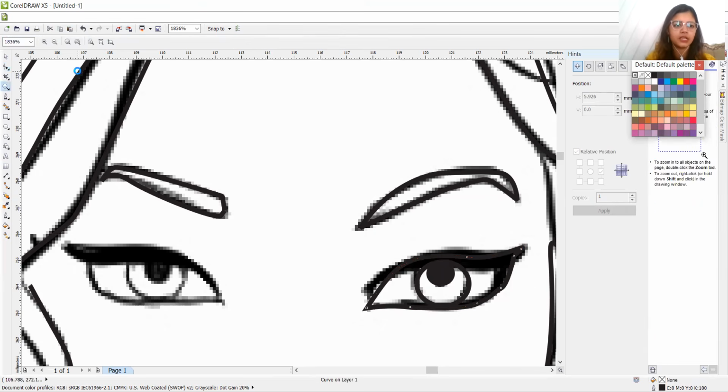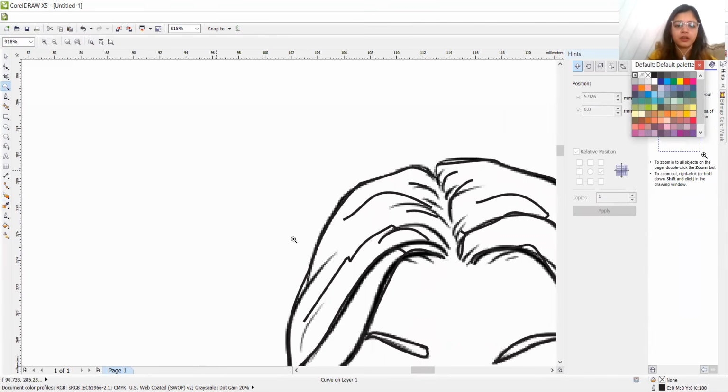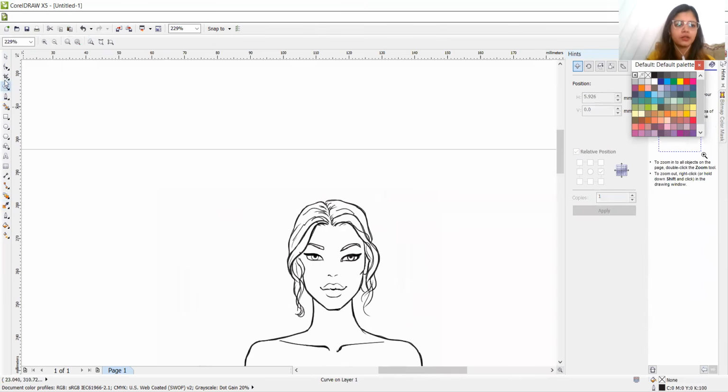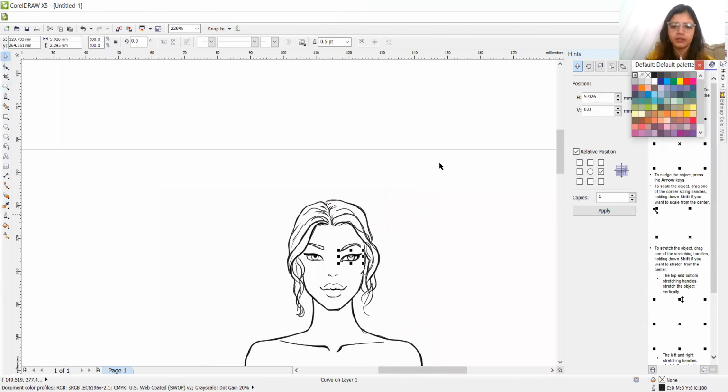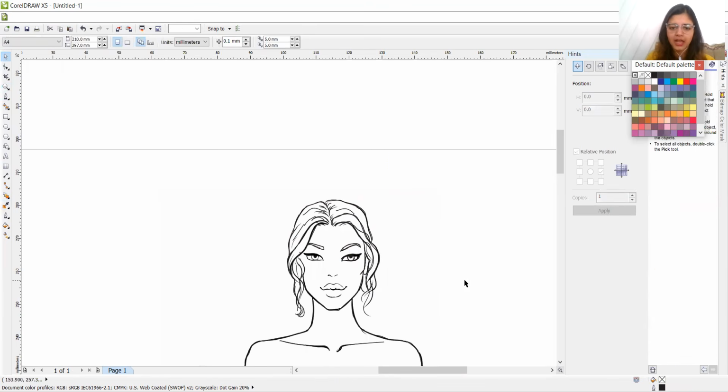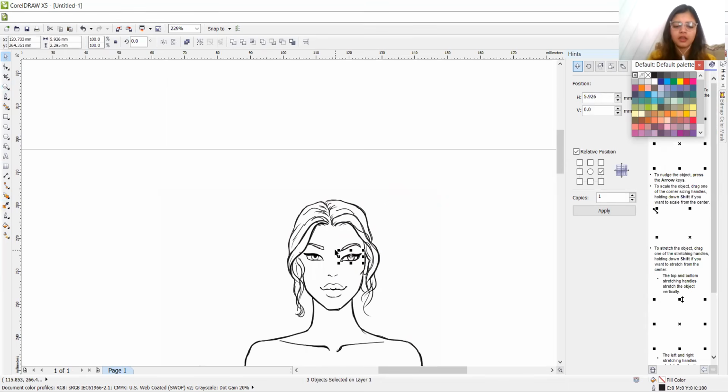And what I'm telling you guys, for the facial features, especially for the eyebrow and the eye part, select them and then press Control and G for grouping. You can do grouping or you can right click and group.